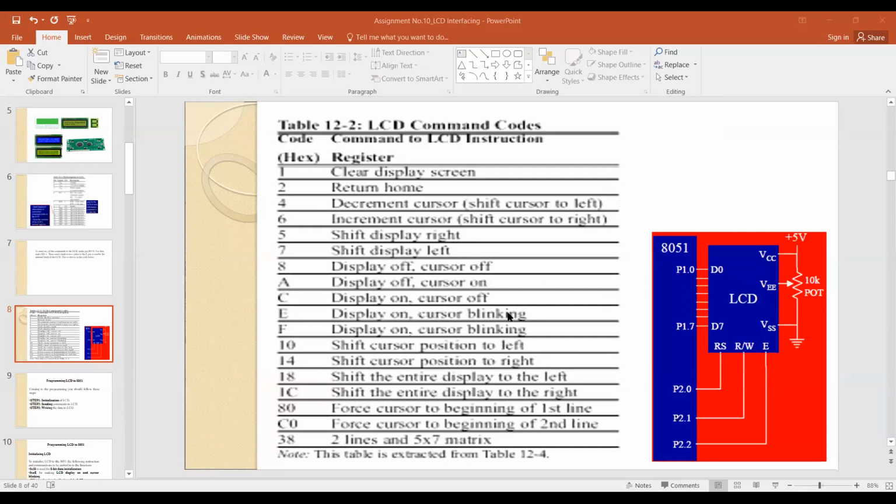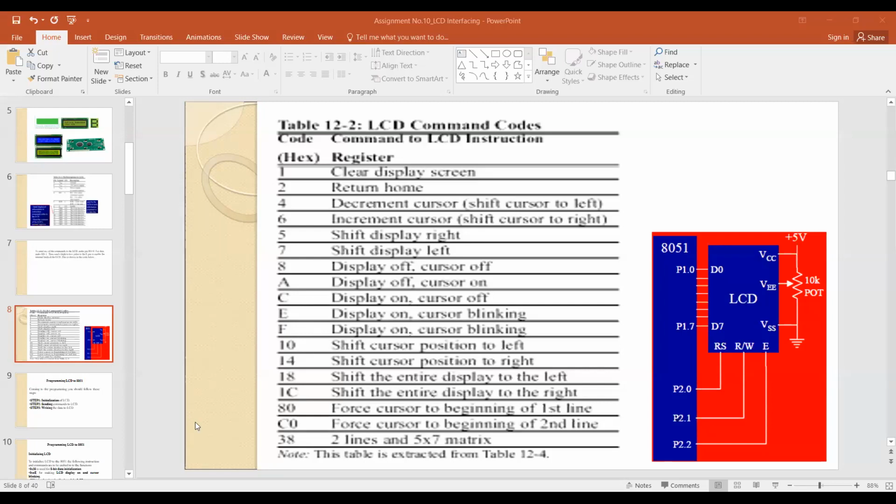We are using 80 or C0, any one of these two, depending on where we want our cursor. Display on, we have to do the display on first. The initial part is that you first start your display. So you are doing the display on first of all.